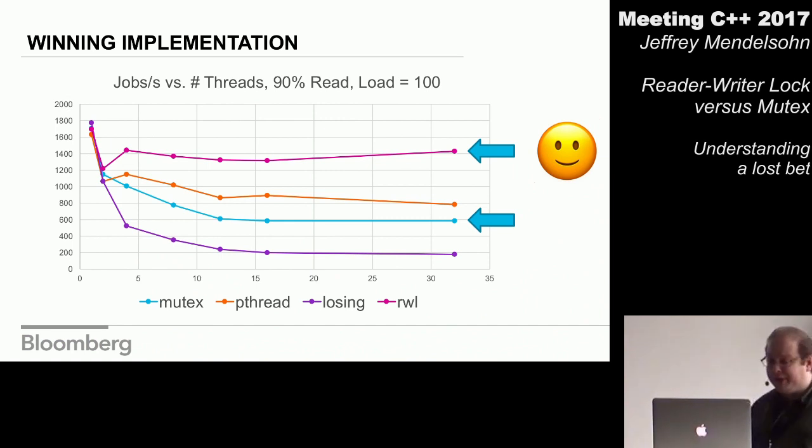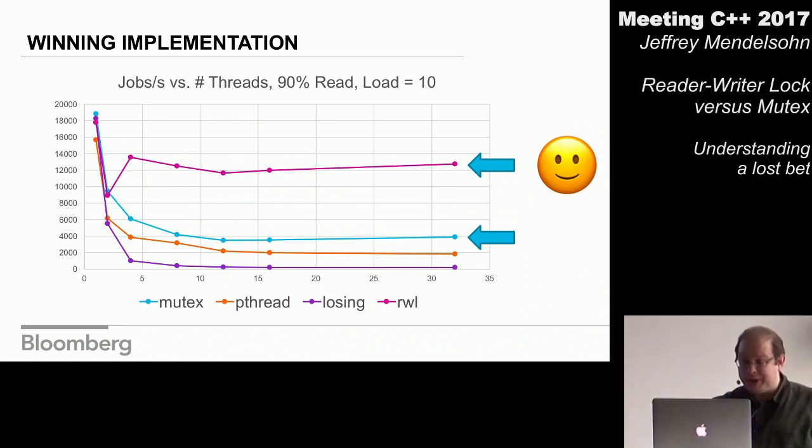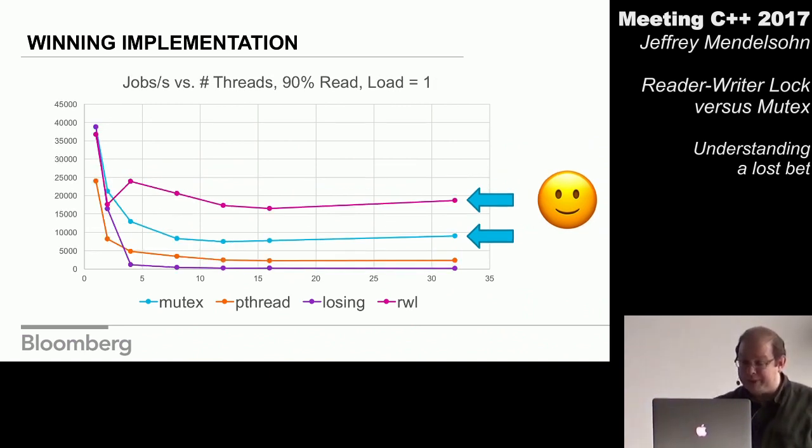So moving the load down to the size of the bet, again at 90% reads, we see we're outperforming mutex still. Again, all good. Going down to very short hold times, still beating mutex. Not much to say here, except that mutex is beating both pthreads and the previous implementation, as we already saw. So let's move down to the ridiculously short hold times.